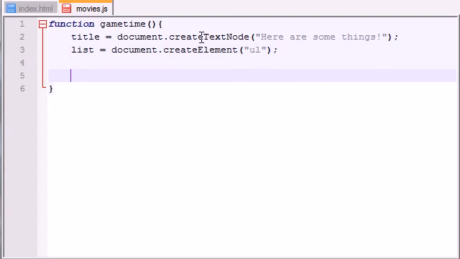So now what we basically did is we created a piece of text, and this is kind of going to be like the header, and we also created an unordered list. Now what we need to do is we actually need to add items to that list. So let's go ahead and see how to do that. Item1 equals